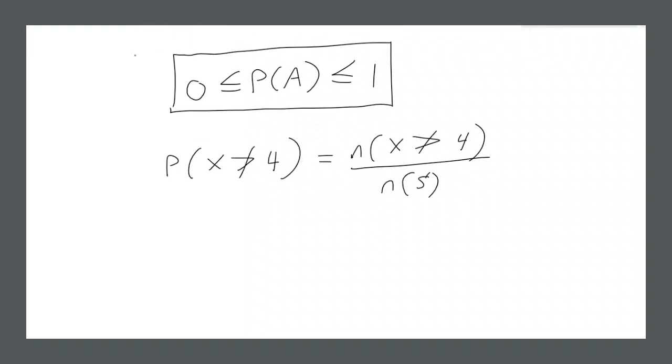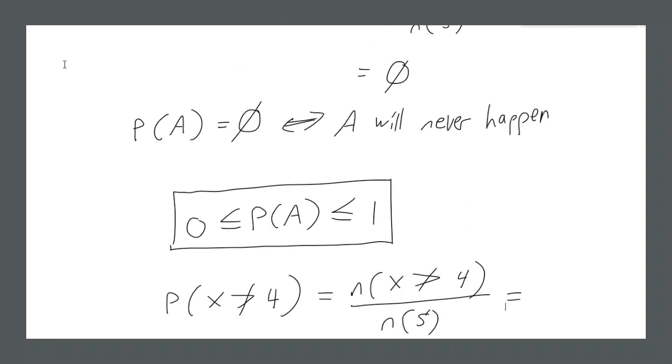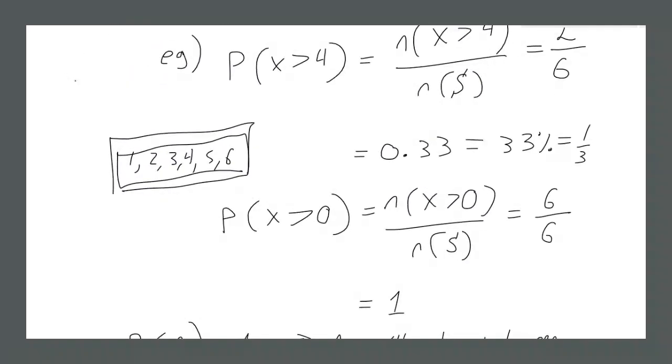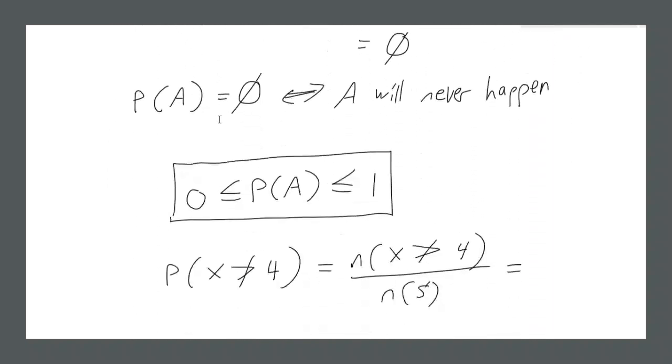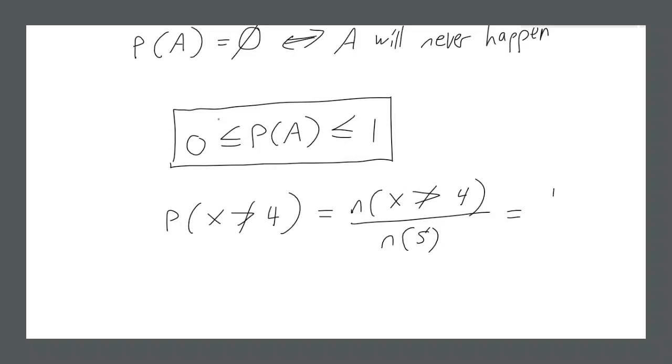Okay, well, how many numbers are not greater than 4? Well, let's look at all our possible outcomes again. These ones right here, right? The numbers 1, 2, 3, and 4 are not greater than 4. So 4, and the total number is 6, right? So 4 out of 6 is